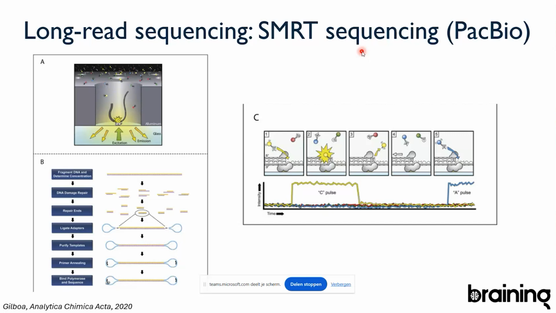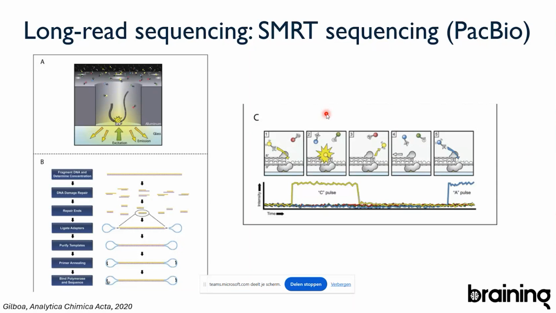However, maybe in the second time, so it's a loop, so at some point it will come back to the same place. Maybe in the second time it will include the right one, and in the third time as well, because it will make another mistake at another place, but rather not at the same place. And so because you're sequencing the same molecule over and over again, you reduce the margin of error that you would have compared to if you would do the amplification only one time.